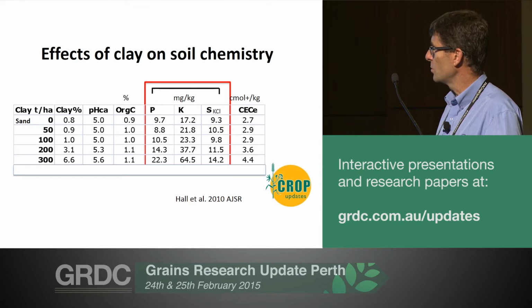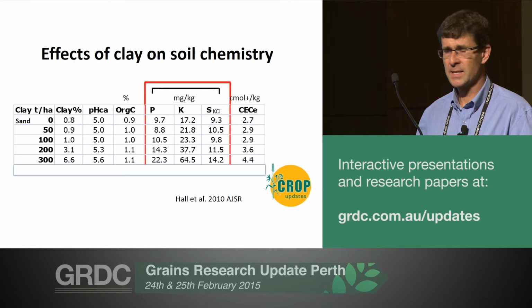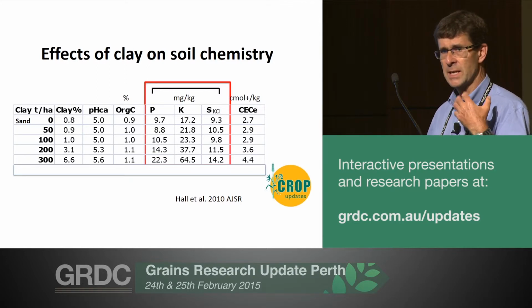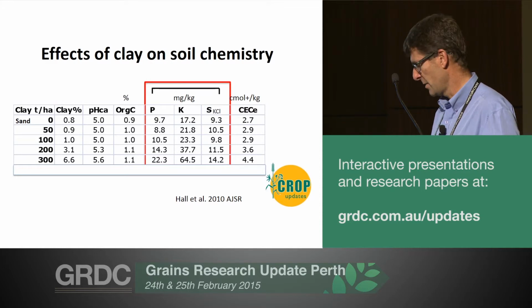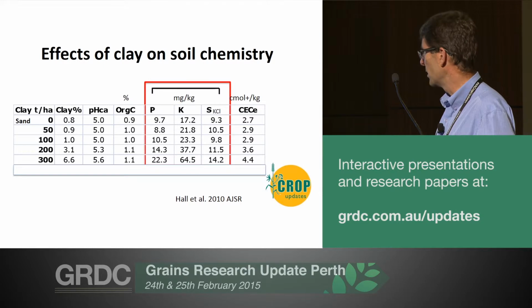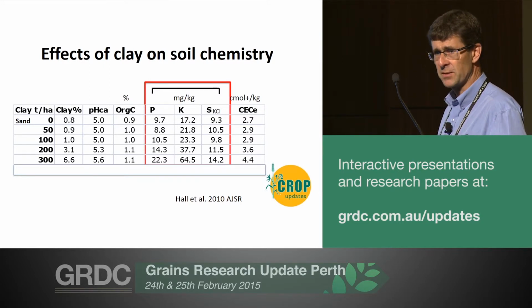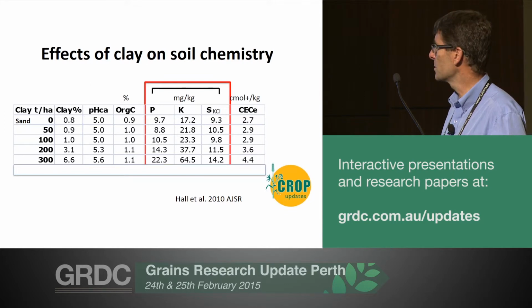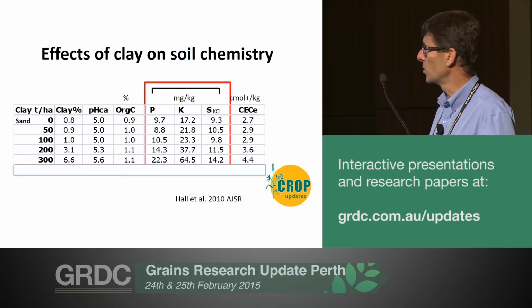In terms of P, we suspect that this is because the clay was actually holding on to the phosphate in the profile, so we're getting over time greater storage, greater retention in the profile. When we start looking at potassium, however, it's more due to the clay itself having about 300 parts per million of potassium, and so we're actually adding potassium to the soil